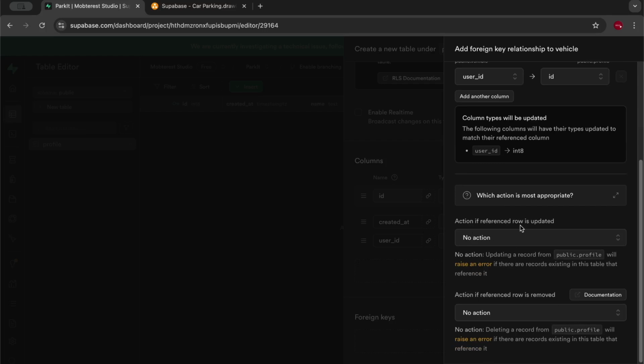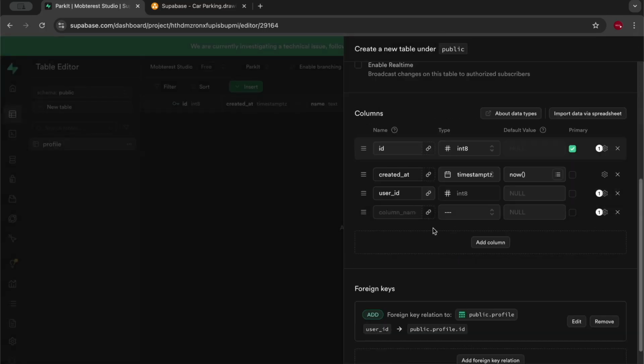There are other settings that you can do, for example, delete cascade or update cascade. What that means is you can automatically set that whenever the child record is deleted, the parent record should also be deleted, or whenever the child record is updated, the parent record is also updated. But we'll just leave it as is right now by setting no action, and click on save. The next column will be the car model,